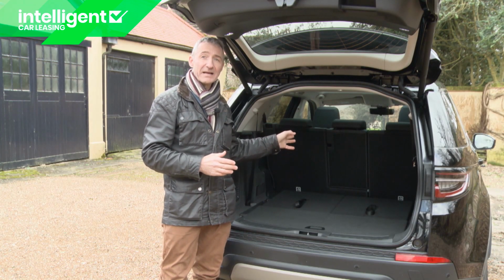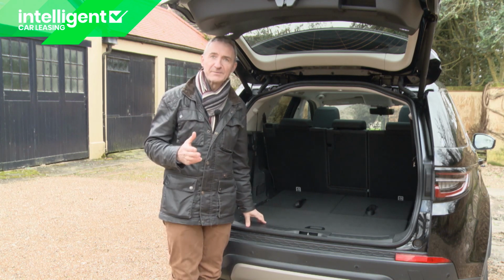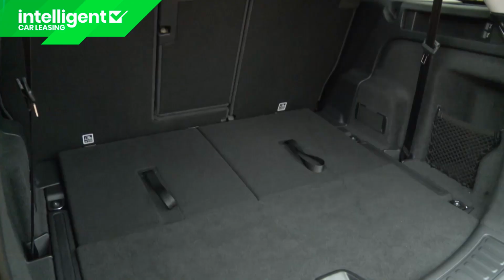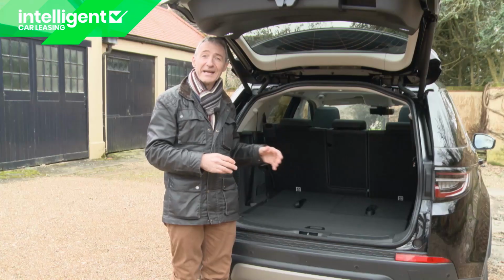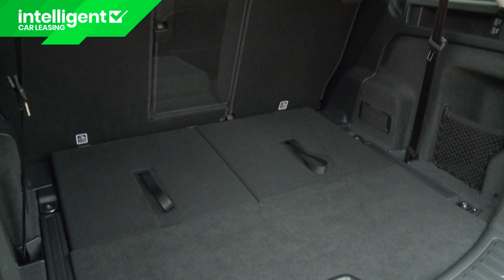Plus, those seat backs can be made a touch more vertical if necessary, and that can make all the difference when it comes to getting awkwardly sized cases on in airport runs. The fact that, as I mentioned earlier, the second row seat back is now split 40-20-40 rather than as before just 60-40 is useful because it means that longer items like skis can now be slid in between a couple